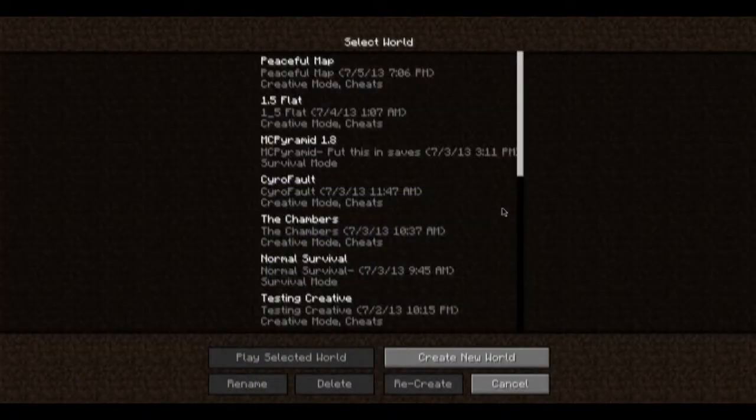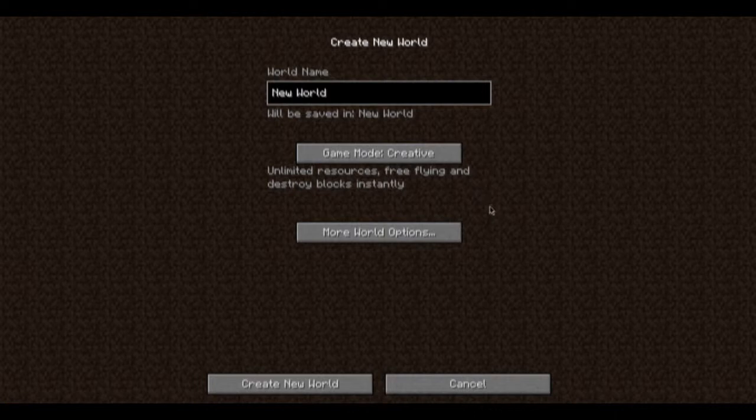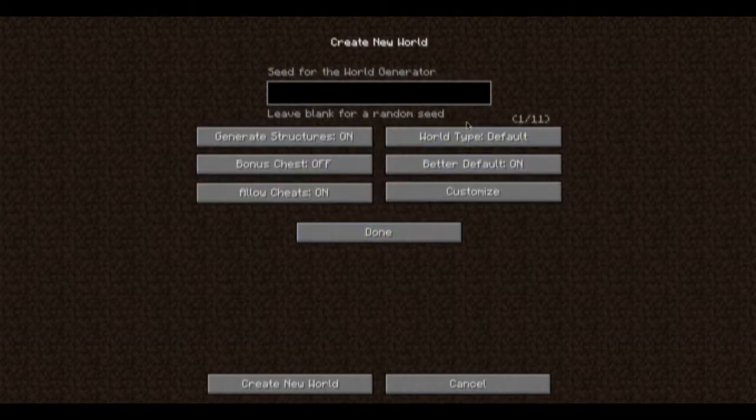So let's get started. Okay, so basically what Better World Generation does is it improves the world generation, as the name would give away. When you go to create new world and you go to more world options, you can now see this text right here that says 1 out of 11, and there are more options right here. This setting, world type default, would be the regular vanilla world